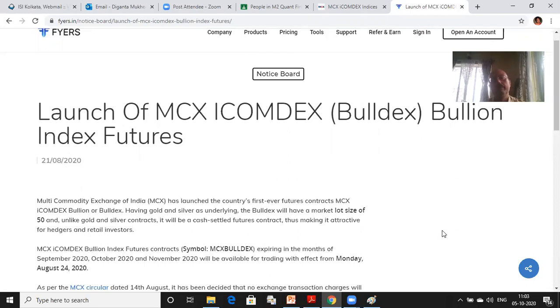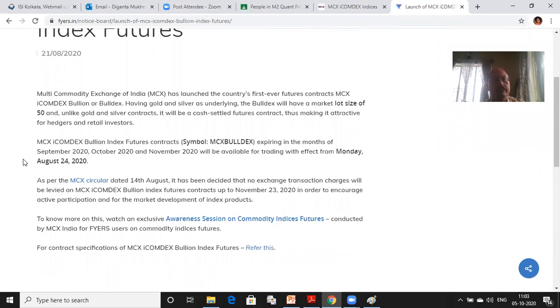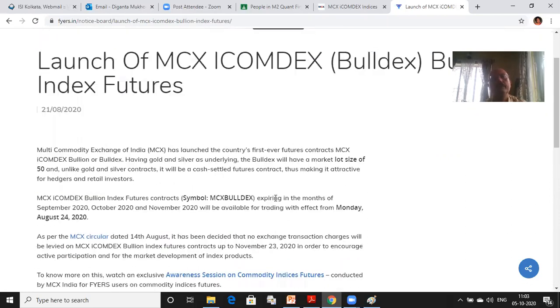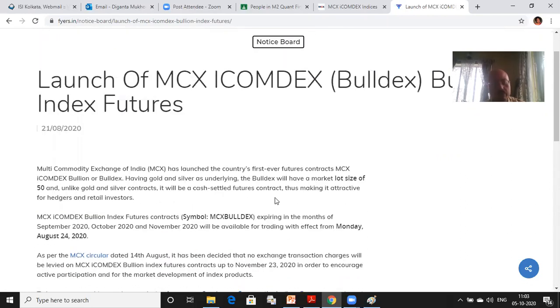So this is how the market develops. You have certain commodities assets available for trading. Then you want to write derivative contracts on them. And once you write simple derivative contracts like futures and options, then there is a requirement for more complicated contracts. And slowly those complicated contracts come into existence. This has come into existence on August 24th here. Trading has started. And of course, in a few years' time, other kinds of derivative contracts on these will come into existence.